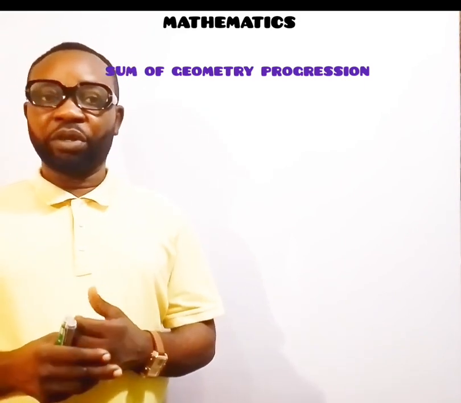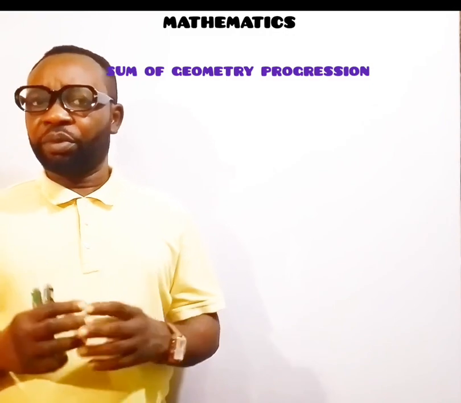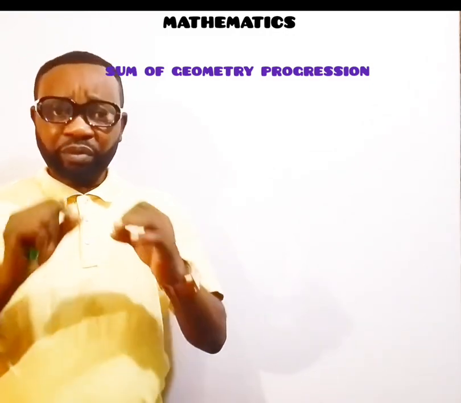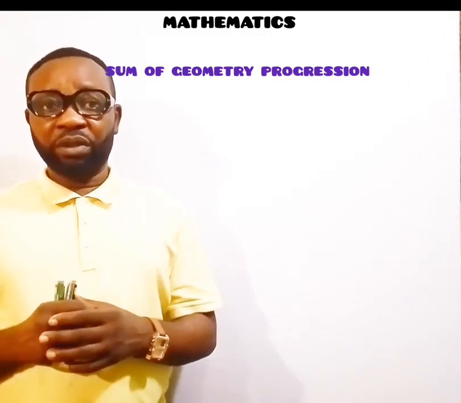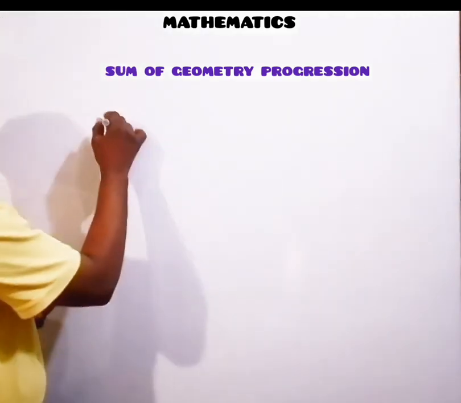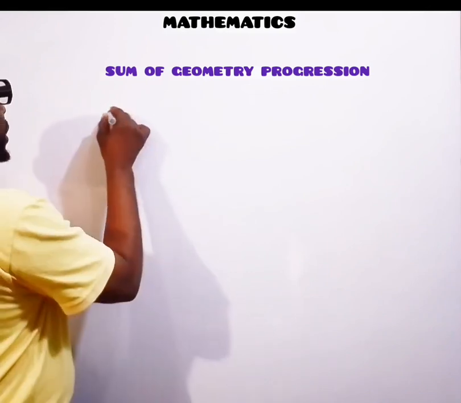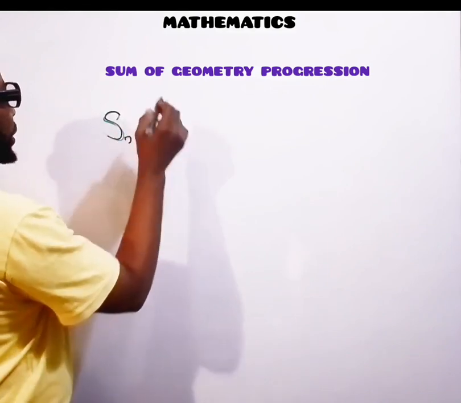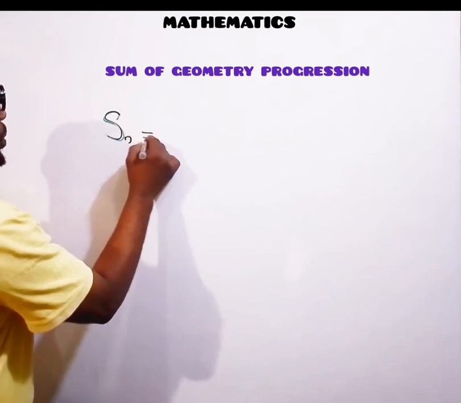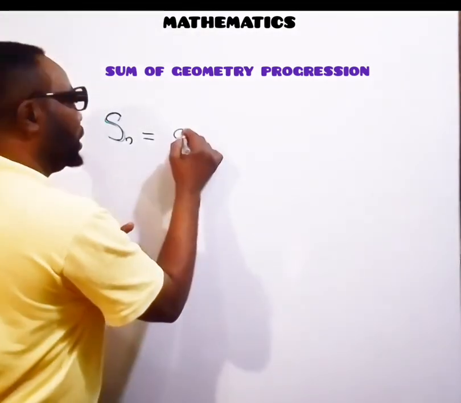We have the formula that we make use of when we are dealing with questions that involve the sum of a geometric progression. But here, let's look at how those formulas are derived. Now, the sum of the nth term of a GP will be, don't forget, the first term is usually a,